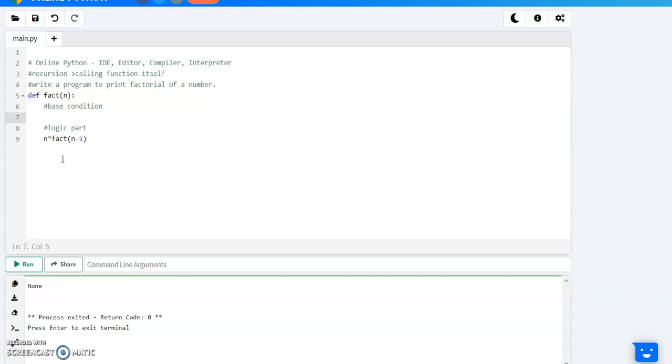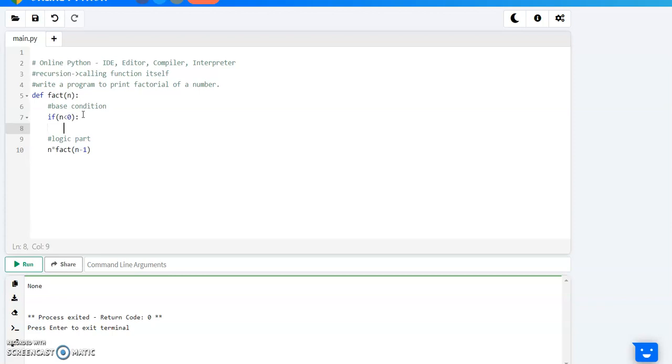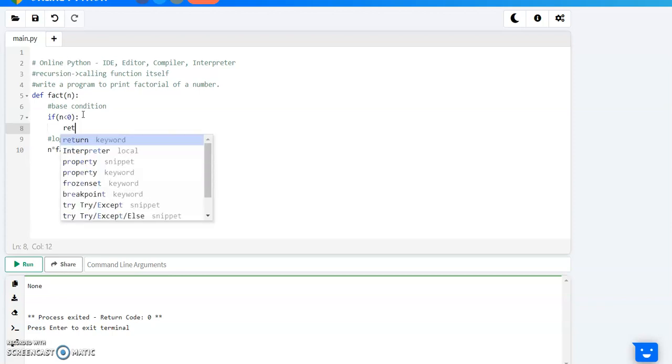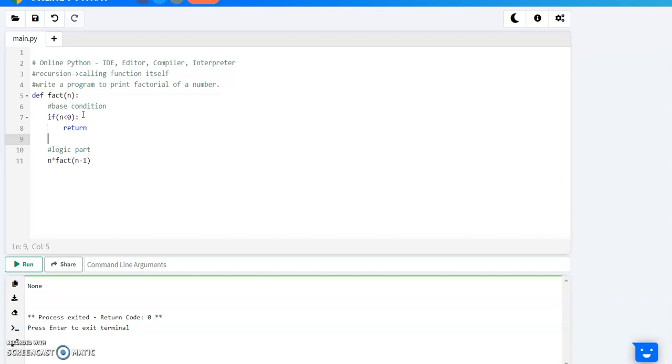And the condition parts are: if n less than 0, then it should return nothing.